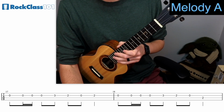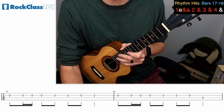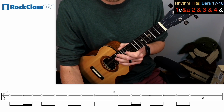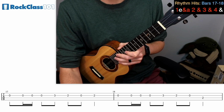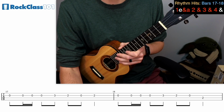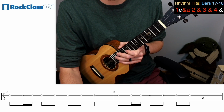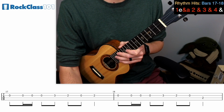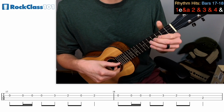But from here, we go on to measure 17, which is pretty cool because measure 17 is back to melody A. And in fact, measures 17 and 18 will look very familiar because they are exactly the same as measures 5 and 6, which is kind of neat. It's the same exact part being played. And that's going to sound something like this in time. 2 and 3 and 4 and...